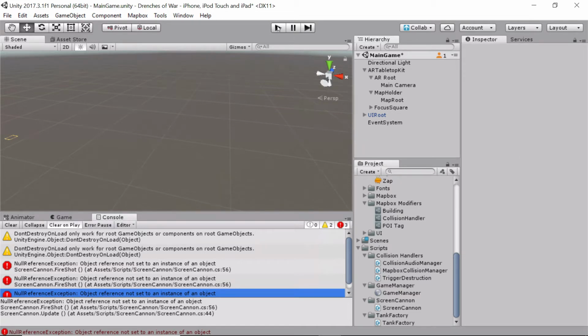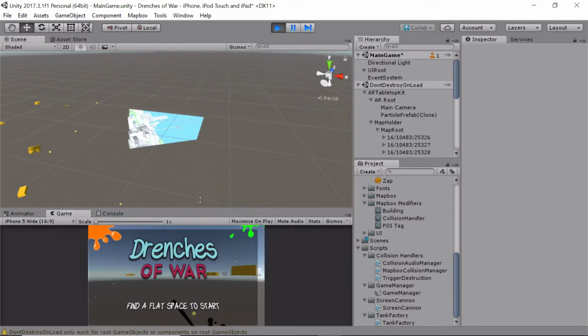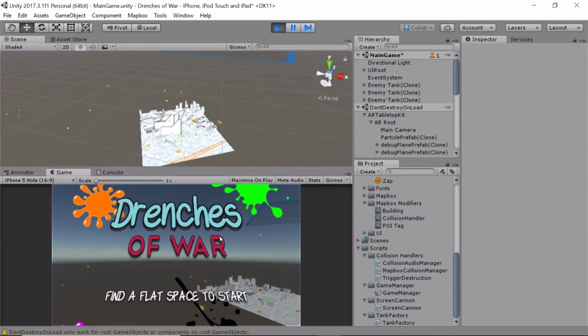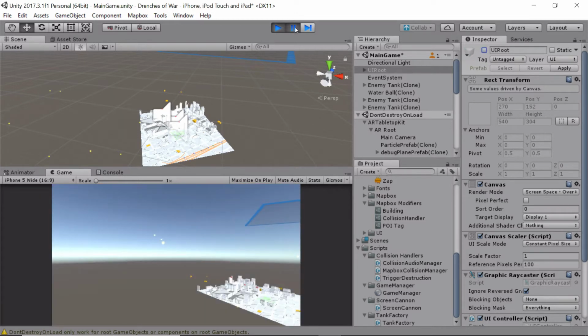That's it. Now let's try pressing play and see if that's any better. Now, as we just saw, while I was clicking around, nothing was shooting out of our screen cannon. Well, that's expected behavior because right now we're hovering over a UI element. So let's get rid of this UI root for just a second, continue play, and we're going to tap on the screen. Cool. It's ever so tiny, but you can see the ball flying out of the center of our